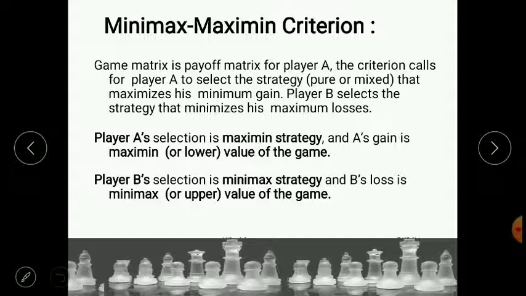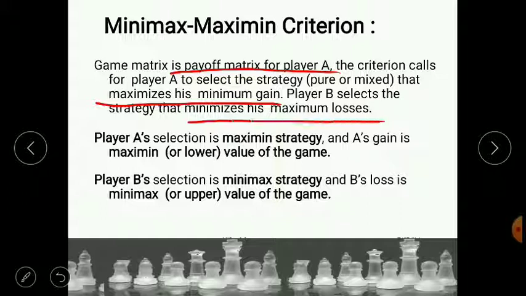If the game matrix is a payoff matrix for player A, then the strategy which player A should select should maximize his minimum gain. Whatever minimum gain he or she is obtaining, should maximize it. Whereas on the other side, player B should select a strategy that